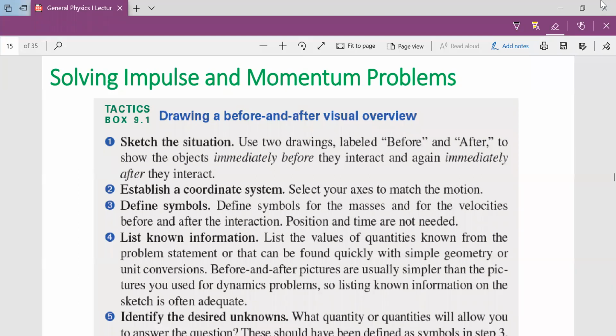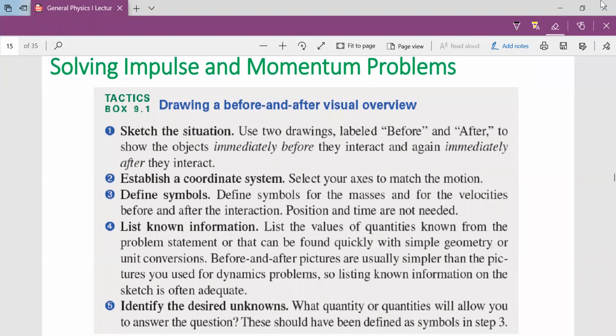And the tactic we want to look at follows the same trend as what we've seen in the free body diagram, and we'll be taking some ideas from those to establish this. It's just that we'll be describing them using the language of impulse and momentum. So we'll basically be talking about Newton's third law, but speaking the language of impulse and momentum to describe the action-reaction pair of forces. Okay, so